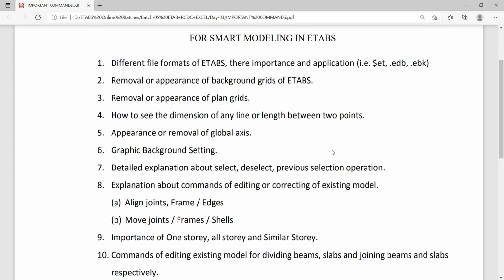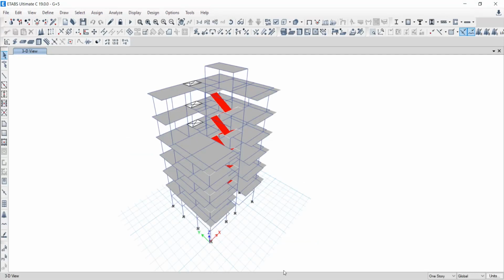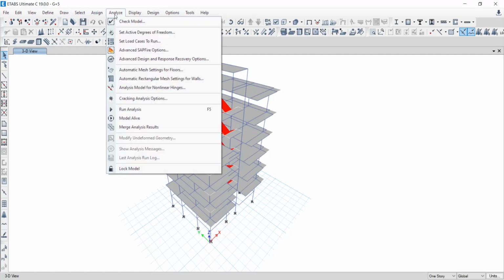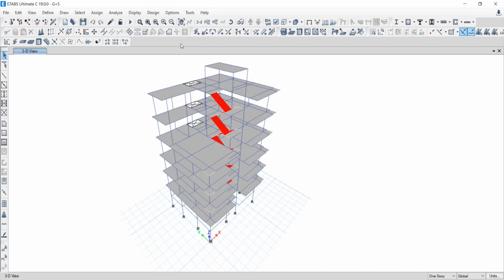Sometimes what happens is that after completion of the modeling and all your work in respect of modeling, when you want to go for analysis of the structure, you all know that before that you have to check your model. When you check your model, you will get many warnings and many errors. So how to rectify those modeling errors? There may be different types of errors, and some of them we are trying to cover here.